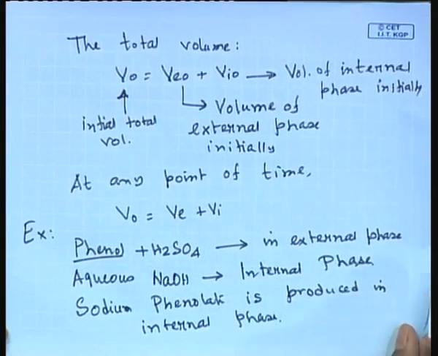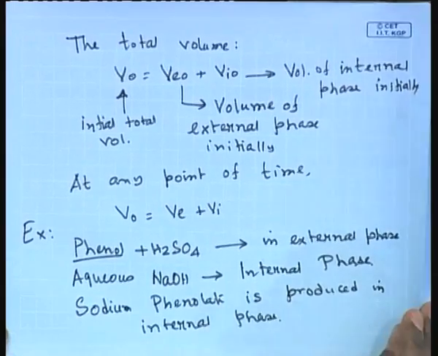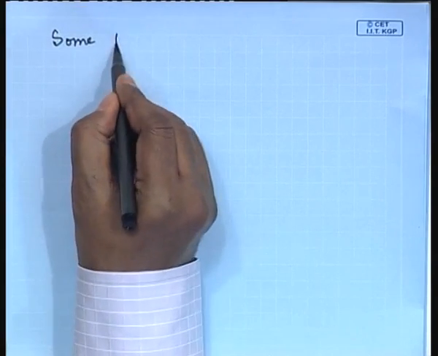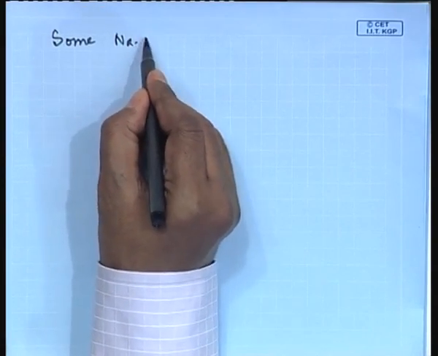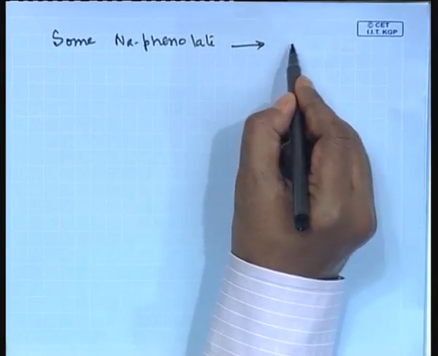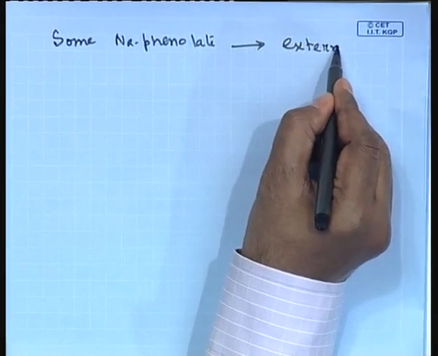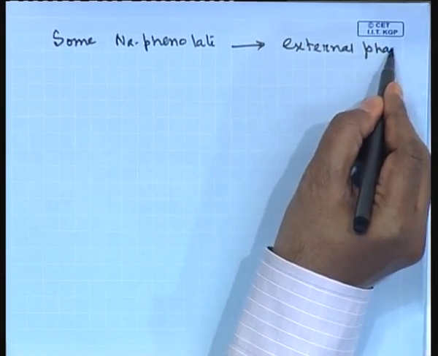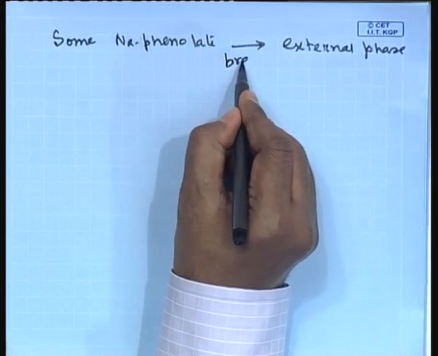Now, some amount of sodium phenolate comes to the external phase via breakage. It does not like the oil phase, so it does not come out by diffusion. But some amount of sodium phenolate comes out to the external phase via breakage,